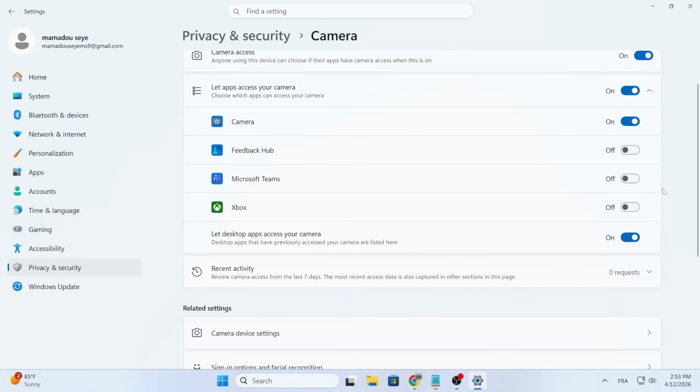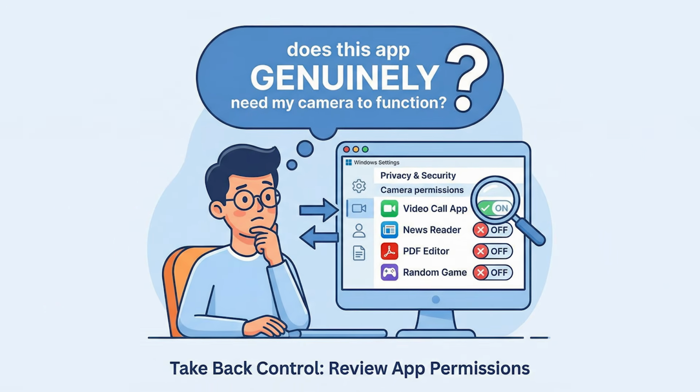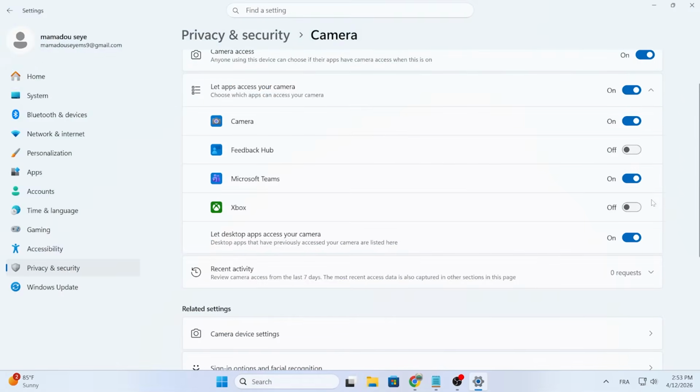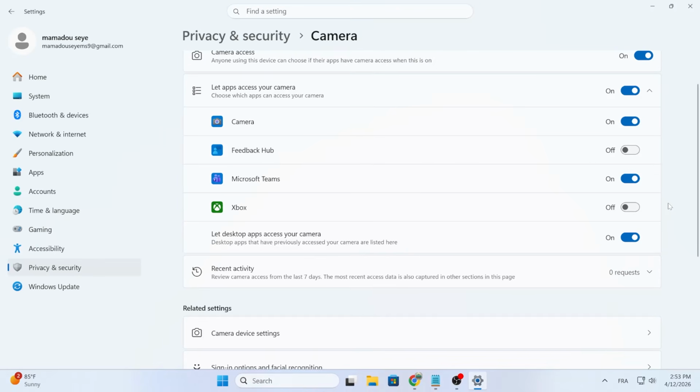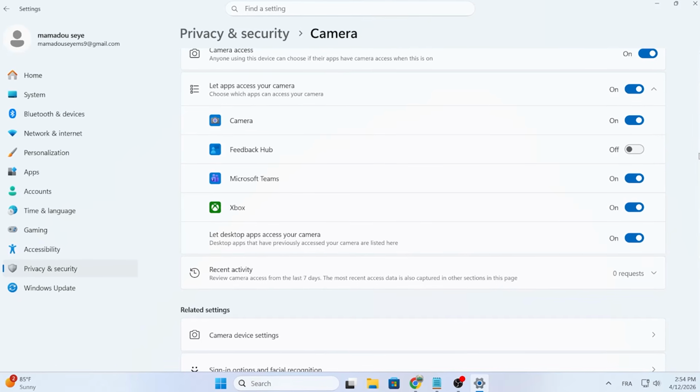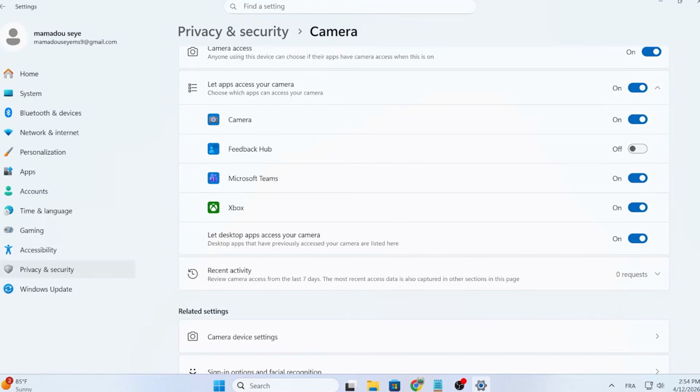Ask yourself one simple question for each one. Does this app genuinely need my camera to function? A video calling app like Teams or Zoom? Yes, that makes sense. A newsreader? Absolutely not. A PDF editor? No way. A random utility tool you installed years ago? Probably not. For every app that does not have a clear and obvious reason to access your camera, go ahead